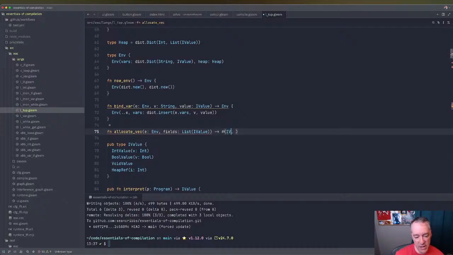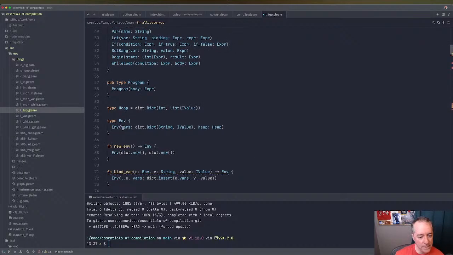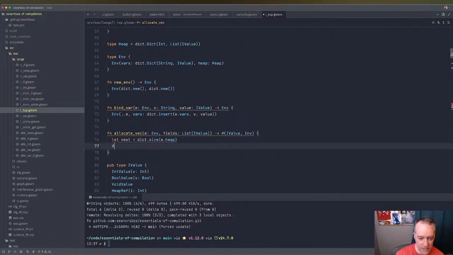Or maybe we'll just say I value, and it'll just always return heap ref and env. Okay, so here we're going to return, we'll just say let next as dict dot size of e dot heap. My cat is not happy. Yeah, e dot heap. Okay. And then we're going to say it'll return